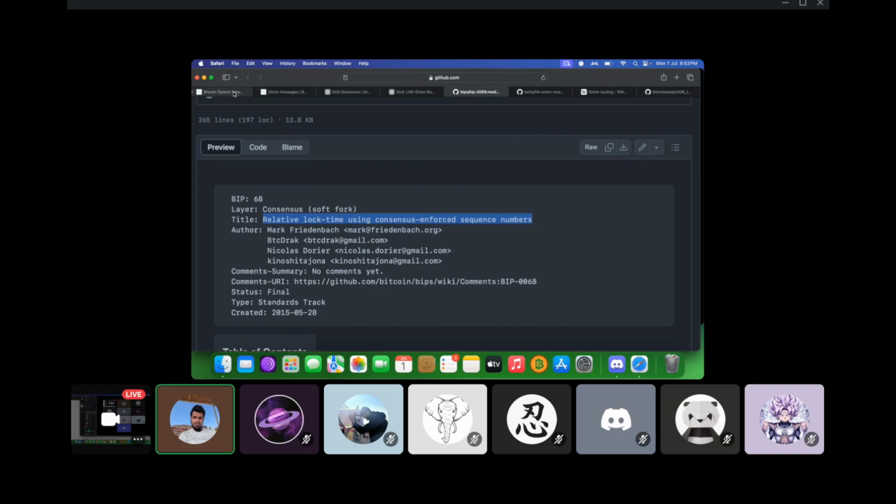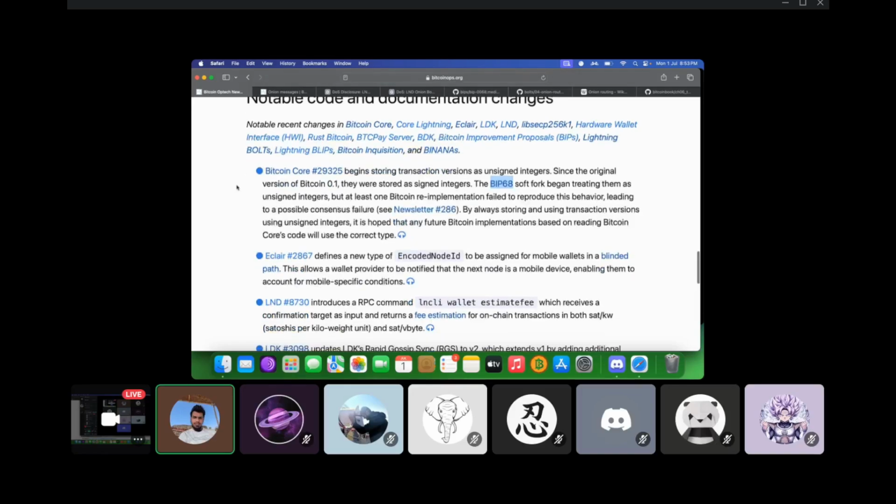Now it has been turned into an unsigned integer, meaning only positive values will be accepted, and negative values will not be accepted. Earlier, you could put a negative value for a version number and it would be typecast. But now we're not typecasting it anymore. We only allow version numbers which are positive, so that we don't have to go through the burden of typecasting them. Also, different implementations have different mechanisms for how they parse transaction versions. One implementation, I believe btcd, which is a Bitcoin implementation written in Go, also allows negative version numbers, meaning it does not even cast them.